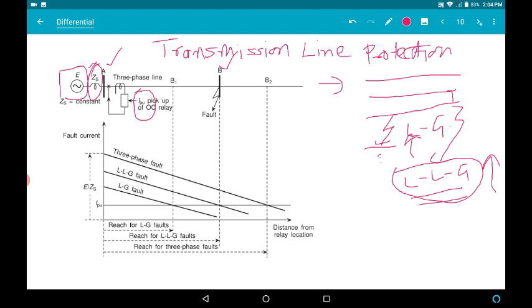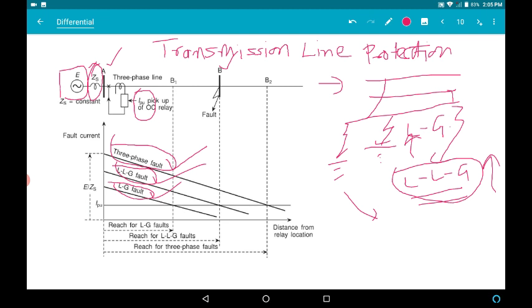And further, if I have all these three lines shorted and then there is a ground fault, then this current will be the highest, right? So the three-phase fault current will be the highest. So if there is a three-phase fault, I have the highest current, slightly lower current in line to line to ground fault, and lower current in line to ground fault. Because of this, the currents are less, and because of this, the relay may not pick up beyond a particular distance on the line.